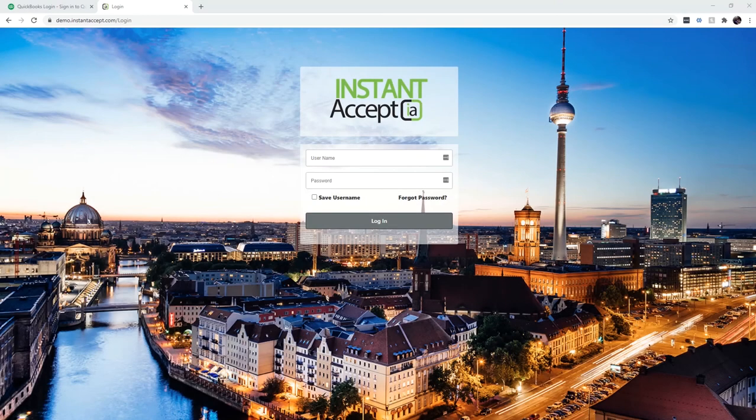Hello, and welcome to the Instant Accept installation video for QuickBooks Online. In this video, we will go over how to set up your Instant Accept account with QuickBooks. We will walk through how to sync your Instant Accept account with your QuickBooks, how to pay an invoice, how to email an invoice to your customer, and go over the basic setup and steps for using Instant Accept to